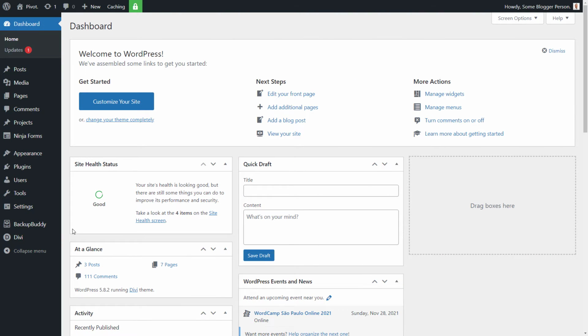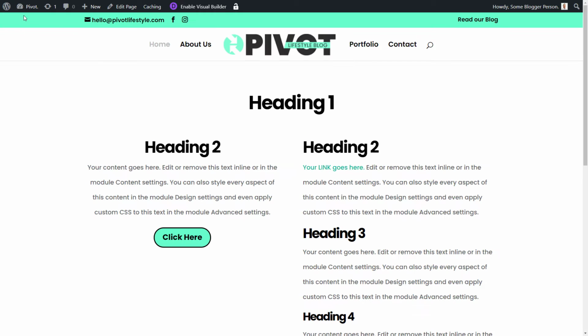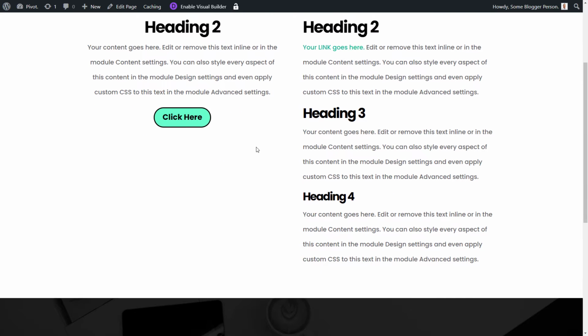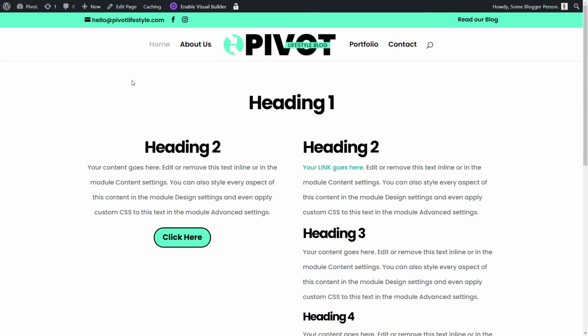Now I'm logged into my little test WordPress site we've been working on, and I'm going to head out to my homepage. One thing you'll notice here is that I've actually got a homepage there. If for some reason you just have an automatic blog page in place, just quickly head back to your dashboard,